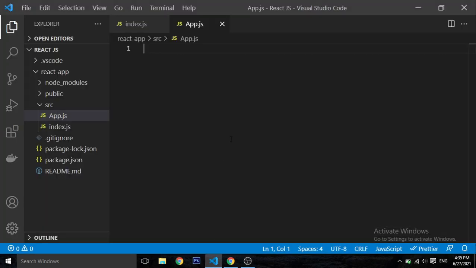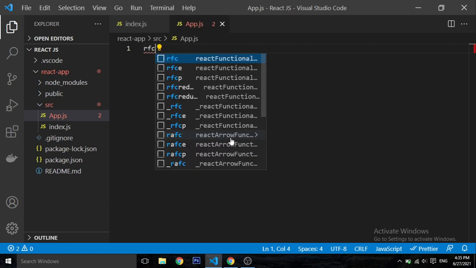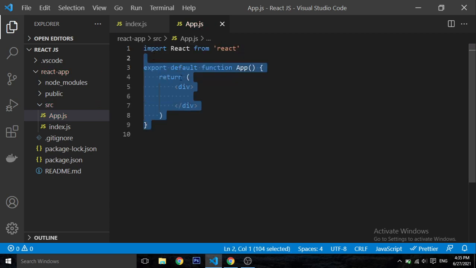Today we'll talk about the useEffect hook in React.js. In the last video, if you watched it, I talked about the useState hook in React, which is one of the most popular alongside useEffect. I will jump right into the video, so let's type RFC to get our code